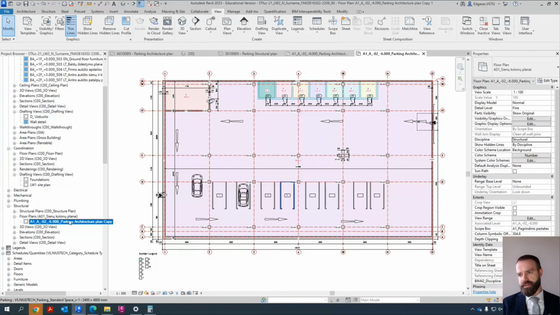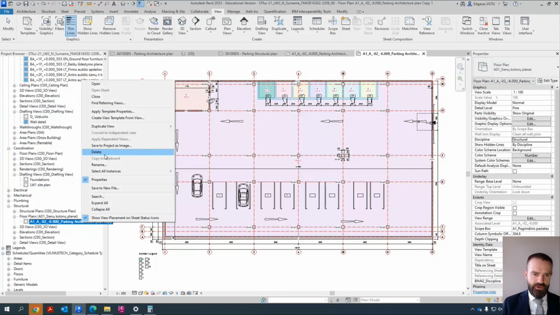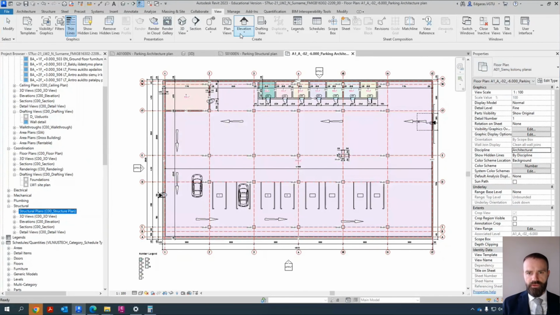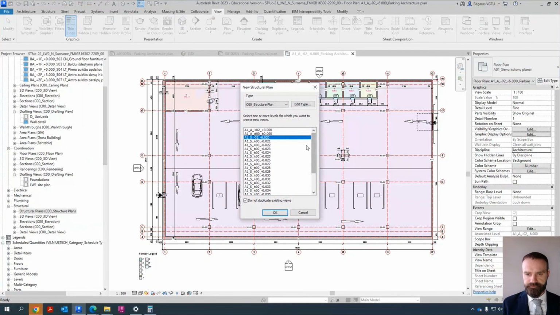But in this case, it's better to create separate structure plan, because now this tool is using floor plan. So floor plan is mostly used for architecture discipline. So this workflow can be used, but I recommend to use a different workflow, to go to plans, structure plan,